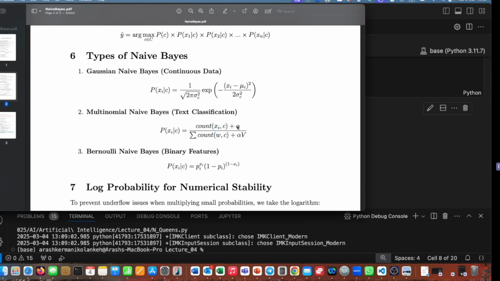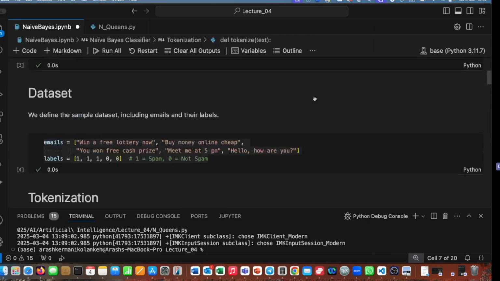We will talk about this later. And divided by the count of all words in that class. So what does that mean? It means that here the characteristics of an event are actually the words which are in the sentence. The event is a sentence. The characteristics are the words which are making that. So for example,